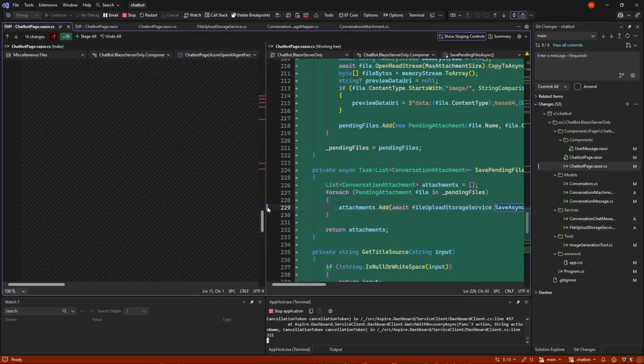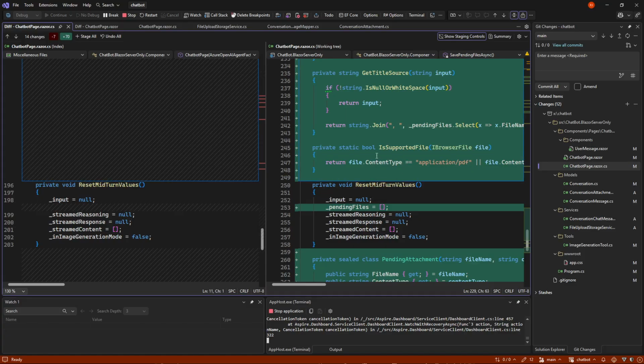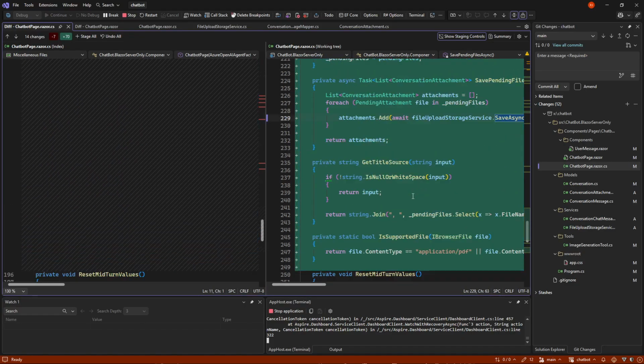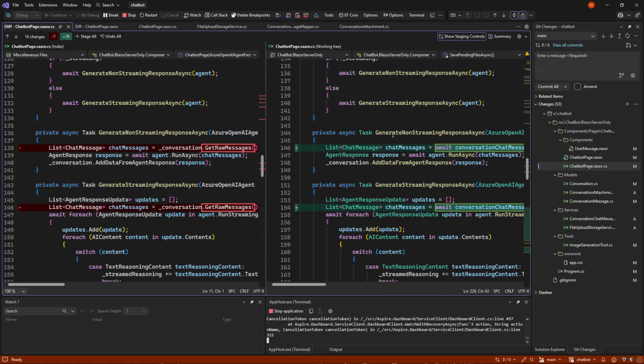So nothing special there. Okay. So we of course reset things on the fly, and we have our pending attachment. So nothing major there. And again, whenever we send, we just get our new chat messages instead of the raw messages prior.